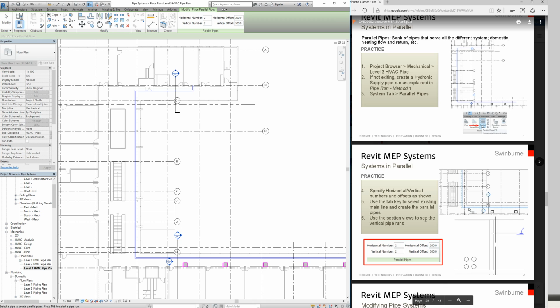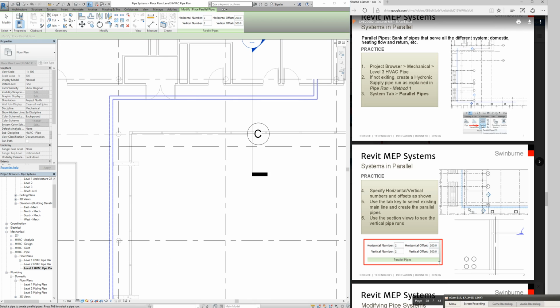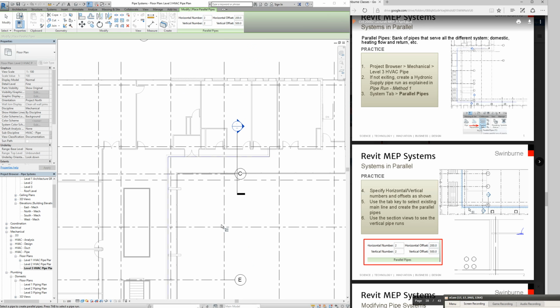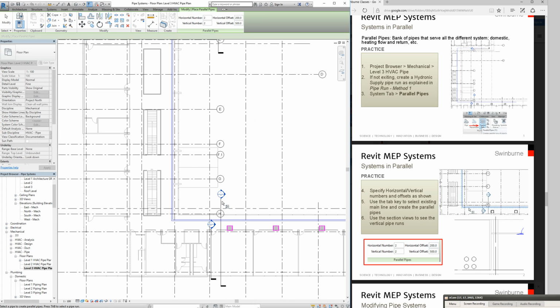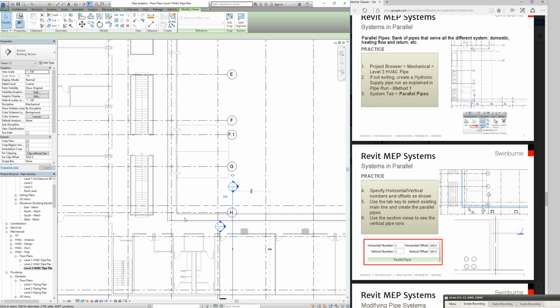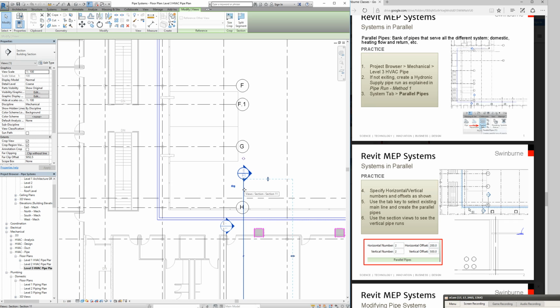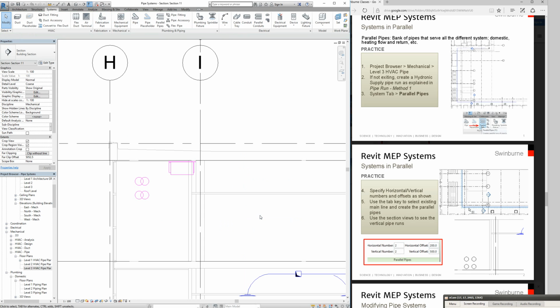Alright, use the section views to see the vertical pipe runs. That section view, we're just using the existing one, so just go to the south of the building. And just gonna use this existing section view so we can see the vertical pipes arrangement here, but we cannot see the horizontal arrangement. So that's why we're gonna use the section view. So go to view, and now we can see our pipes here. Basically the distance that we put between the center lines is too small, so we should go back